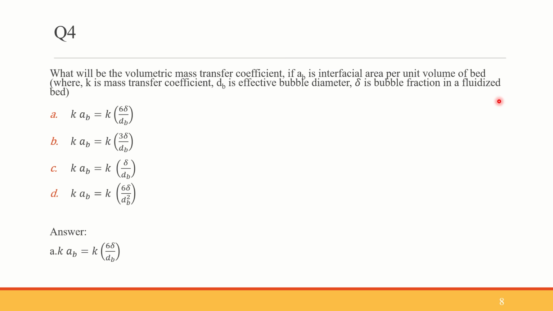If AB is the interfacial area per unit volume of the bed, K AB is equal to K into 6 delta by dB, where delta is the bubble fraction in a fluidized bed and dB is the effective bubble diameter. So moving on to the next question, we have